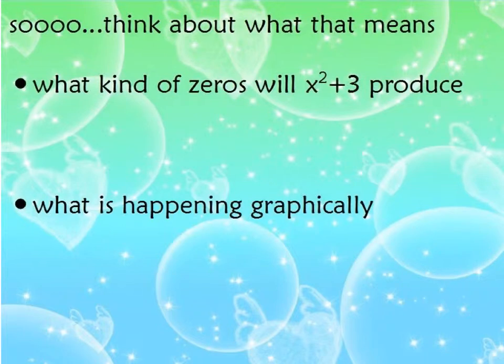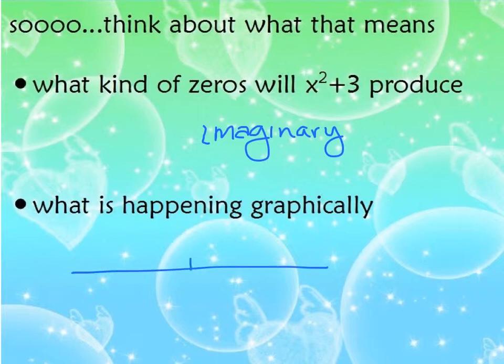And let's talk about what we just figured out here. So when we look at it, it says what kind of zeros will x squared plus 3 produce? Well, we already figured it out. They're going to be imaginary. And it takes us clear back to our big packet of what's going on graphically with this. And so tying it back to what we've previously done,